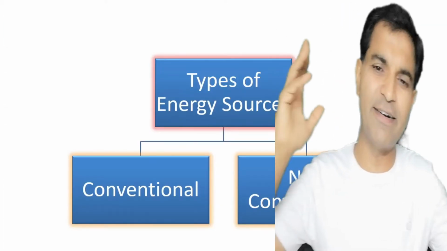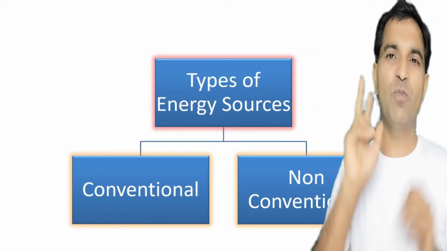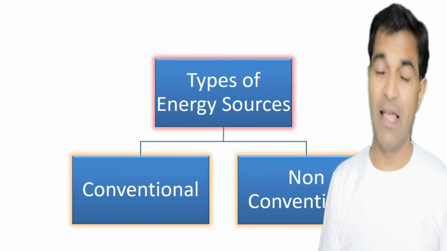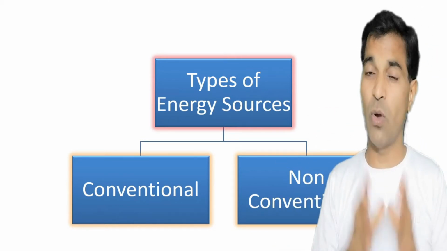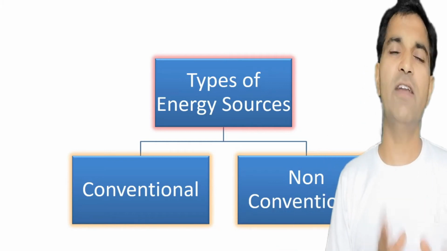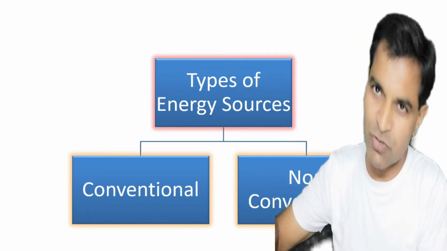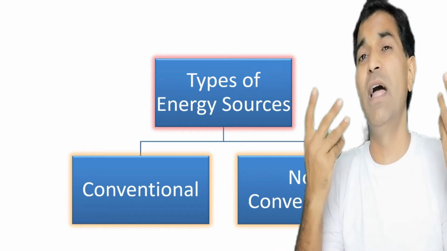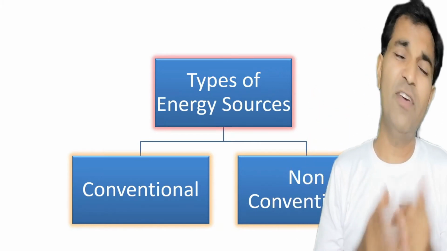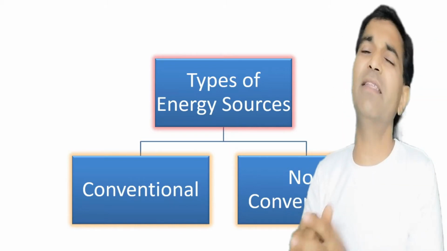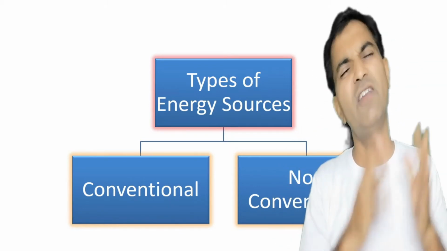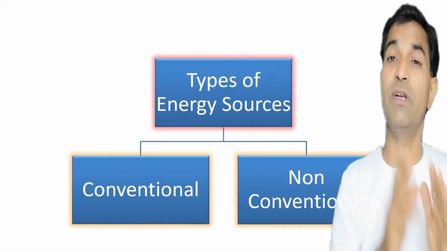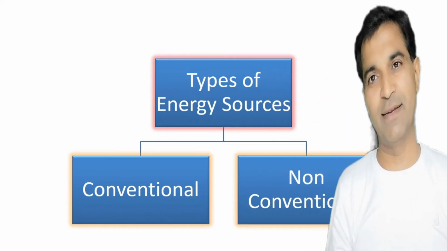Now, what are the different types of energy sources? Basically there are two types of energy sources, conventional and non-conventional. Now what are the conventional sources? Already you have studied in previous standards. Conventional means those that have been coming down for years, for example fire, wood, coal, etc. We have been using these sources of energy since centuries. Convention means my grandfather used this, and we are also using it. So it is a conventional source of energy.